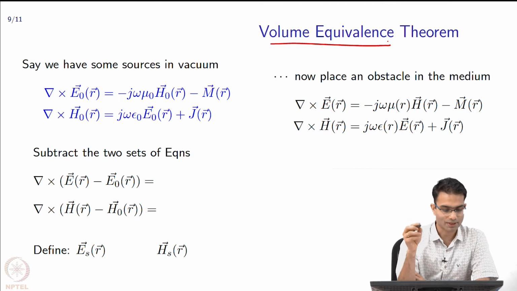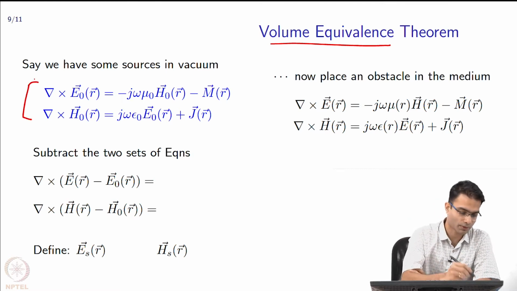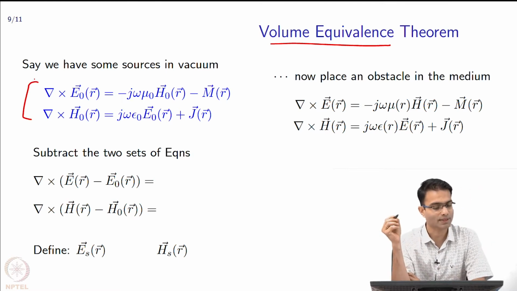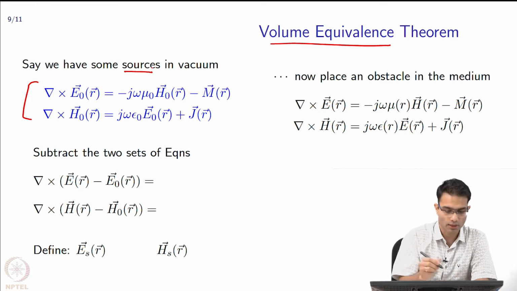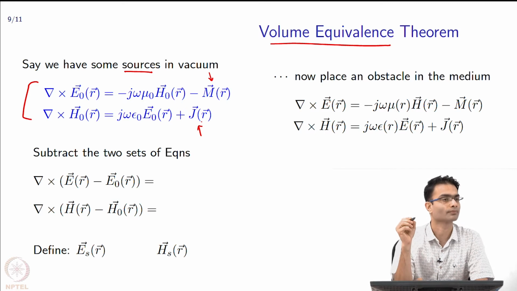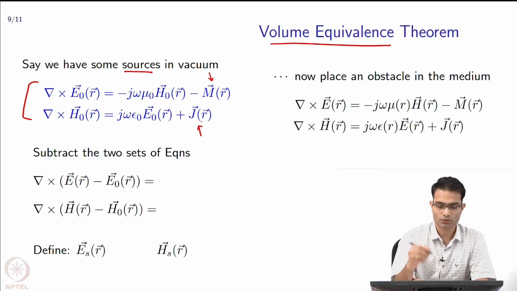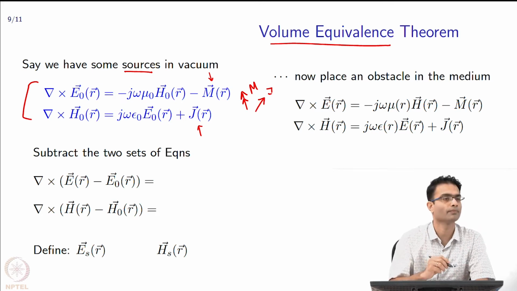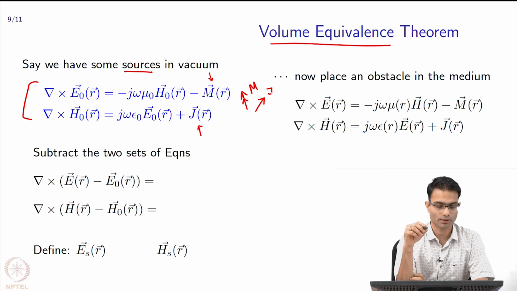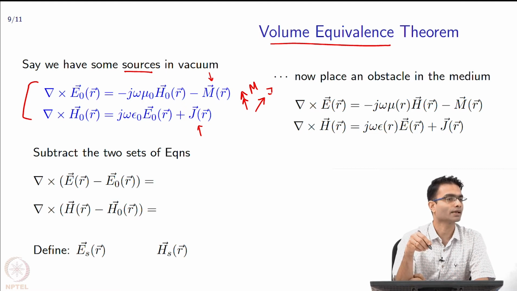Let us start with the left part of the slide over here. Let us say we have some sources, and these sources are given by M and J. Really simple. I have some current source M and some current source J. They are nicely radiating, and looking at this blue equation over here, you can tell that there is no